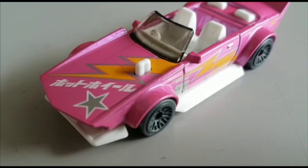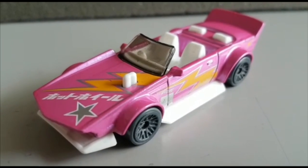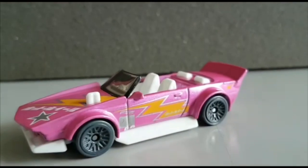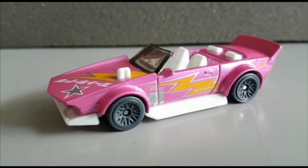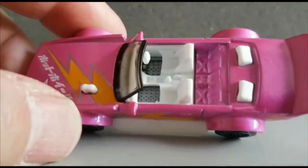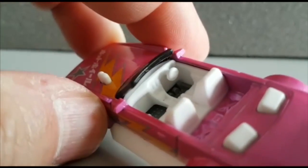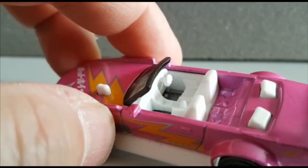And I'm trying to find out what that piece of Japanese script actually says. It'll probably be something boring like Hot Wheels. Anyway, I thought I also would like to show you some of the detailing in here, which for a Hot Wheels car is quite incredible, and it shows you what happens when you do a generic model, because clearly the budget means you can do more with the tooling, and so you get this sort of textured footwell area. You get a bit more detailed instrumentation. Unfortunately, you do get a rather diddy, stupid little knobbly mushroom steering wheel,